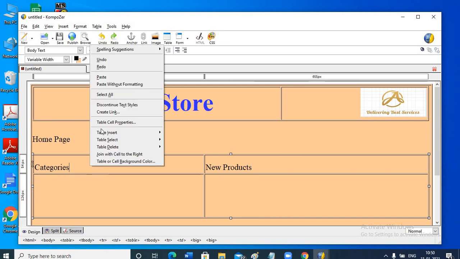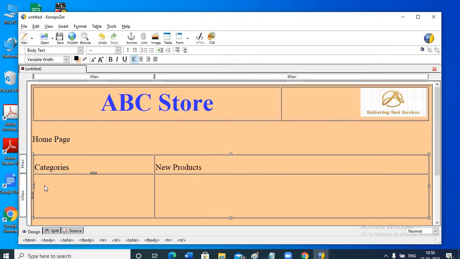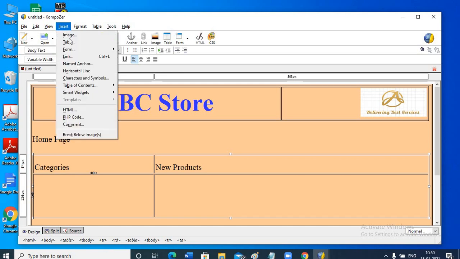How to do it? Right click, table cell properties, in cell width. I will type 30% of table. Apply. Okay. Now beneath that, insert the table.